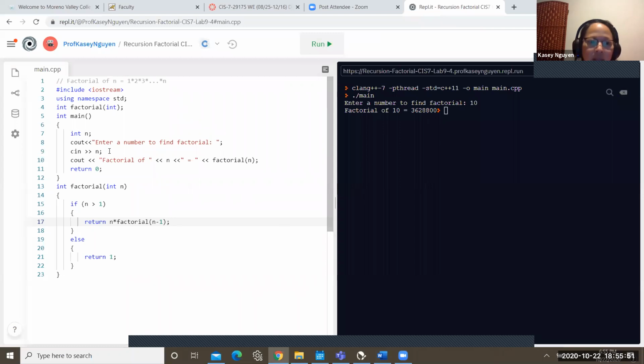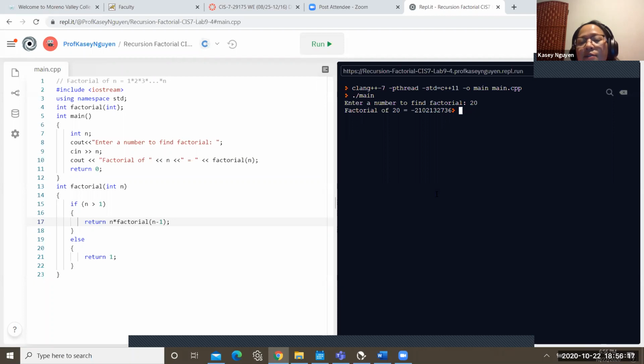So I'm going to rerun this and I'm going to try 15, and then rerun again and try 20. Why is it giving me a negative there? Is that a valid number? It's not. That's an address.